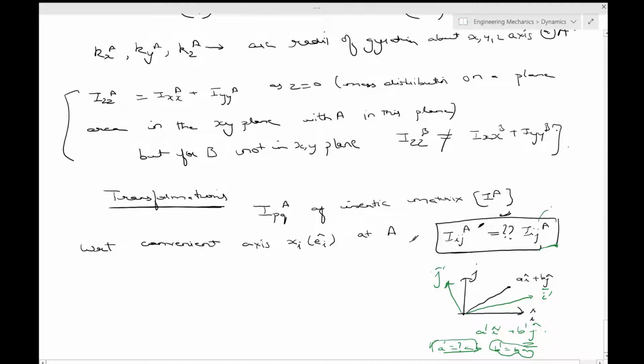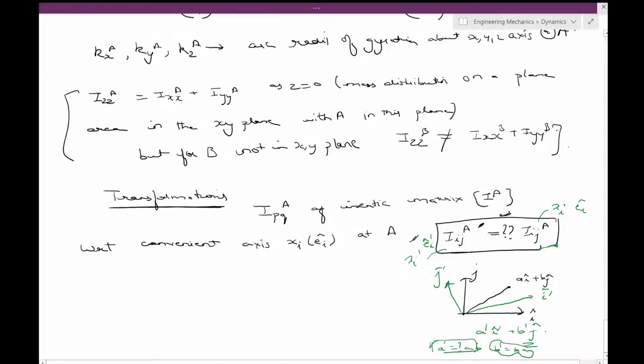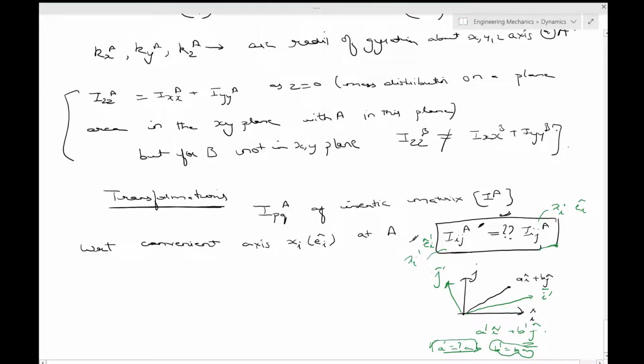So here it would be xi, here it would be xi dash, or here it would be ei, here it would be ei dash. So ei dash is equal to,